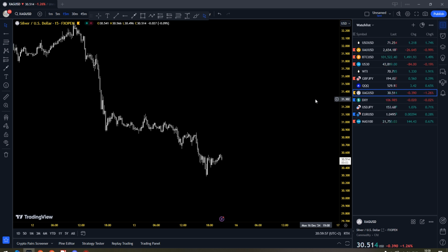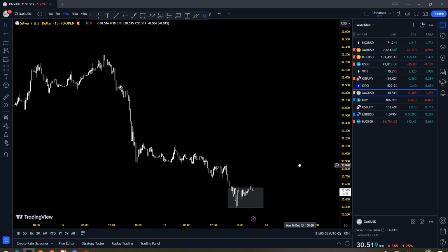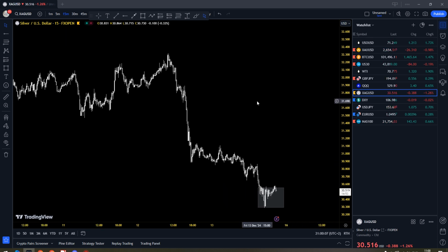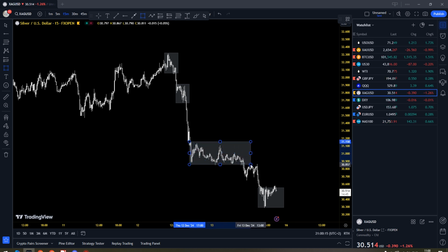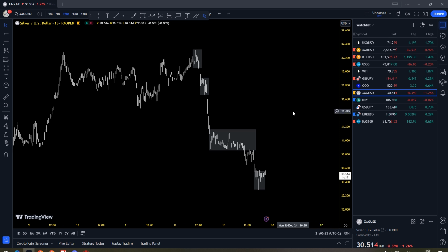Beautiful. Oh, look at that. Silver is already making this kind of structure here. So how many structures do we have in the pullback? 1, 2, 3, 4. We have already 1, 2. The third one is kind of a long one here, like this, and that's the spiky one here. So interesting. Silver is already making the 4 structure,